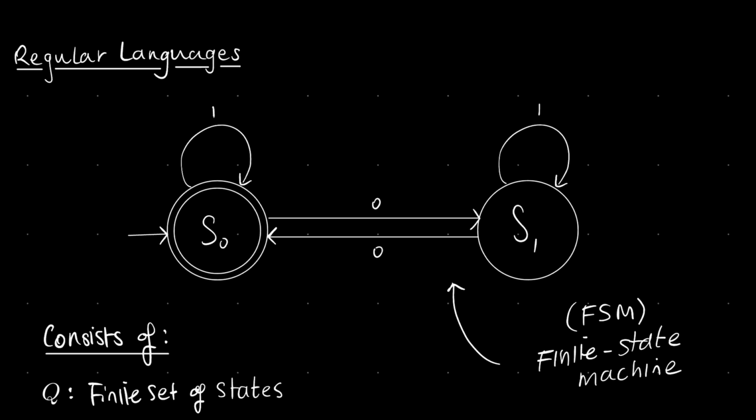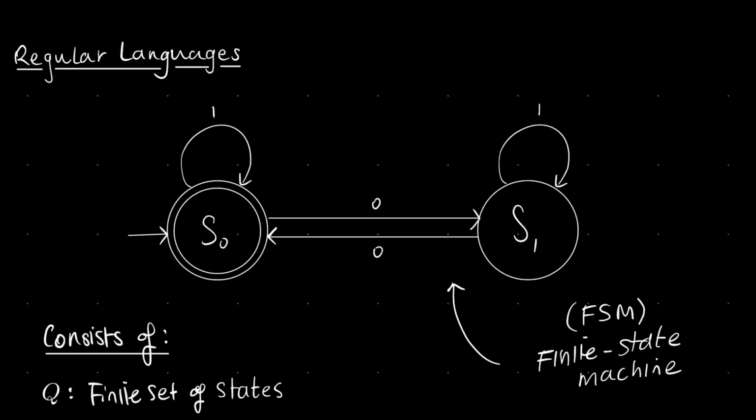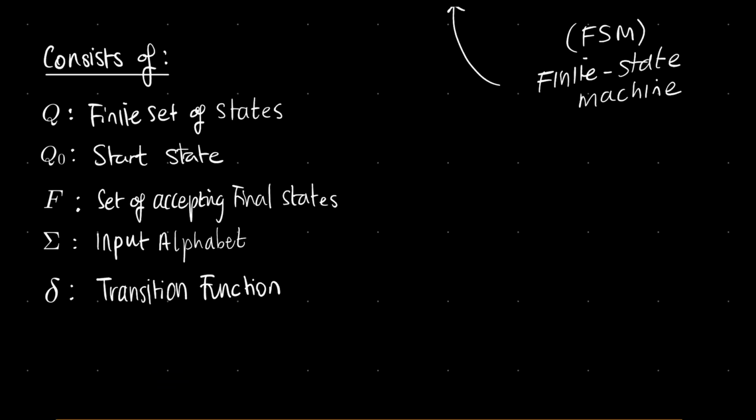But let's start by reviewing what a DFA actually is. So this is the definition, textbook definition. I'm literally reading this off. It's a state-based machine used to recognize specific sets of strings. It consists of a finite set of states, a start state, a set of accepting final states, an input alphabet, and a transition function. So I guess watch the last video if you don't really know what's going on, but